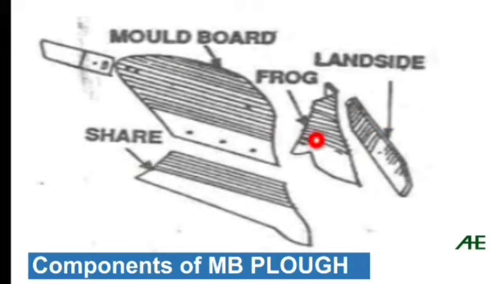Then the frog. Frog is just an element which combines all these components so they join very easily. And the tail is the last part, which is an adjustable part, giving an adjustable extension to direct the moldboard. Many have an axis wheel or cage wheel; some wheels are provided with the moldboard to give direction to the moldboard.